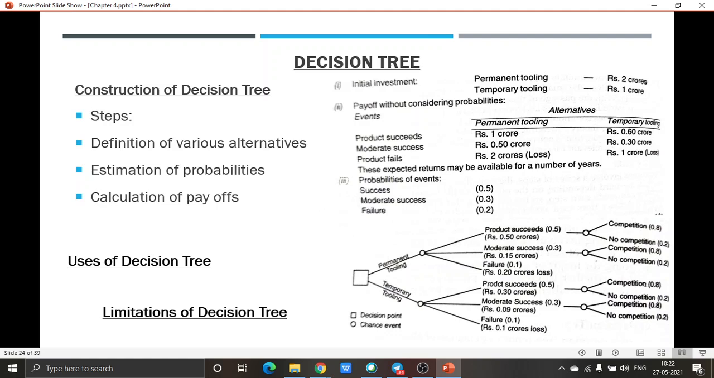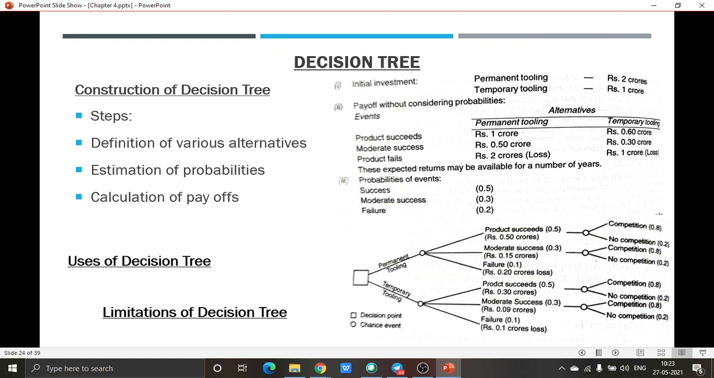Each of the square shapes speaks regarding the decision point, and each circle speaks about a chance event. Now, in investing, it has two alternatives: permanent tooling or temporary tooling. Under permanent tooling, the product shall succeed with 50% probability. It is going to have a payoff of 0.50 crores. Moderate success, 0.3, that is, it can have a payoff of 0.15 crore, or failure, there is a chance